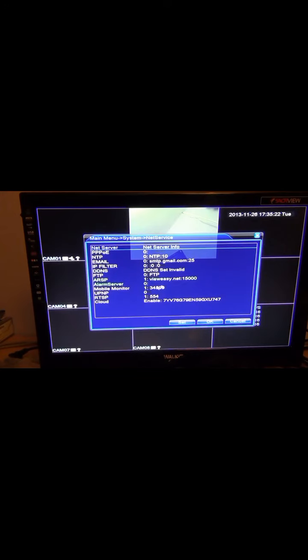So the other thing I'm just going to mention at this point is in the net service, this is a very important number here. It's the mobile monitor number. So just take a note of that if you're going to be using it on your mobile or tablet or something like that. So it's 34599. And that's basically it. You can just right click then to go back to your